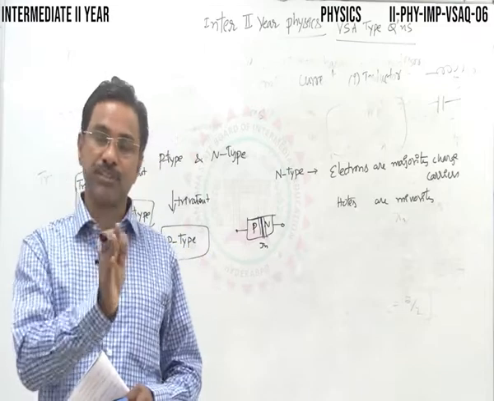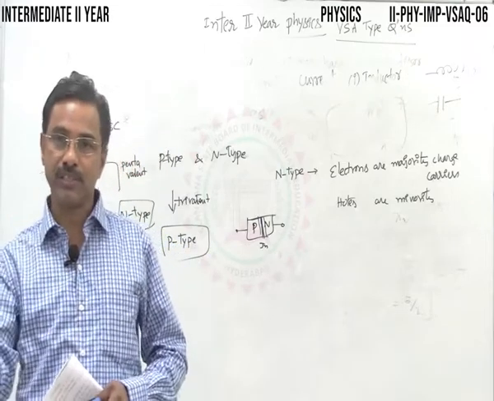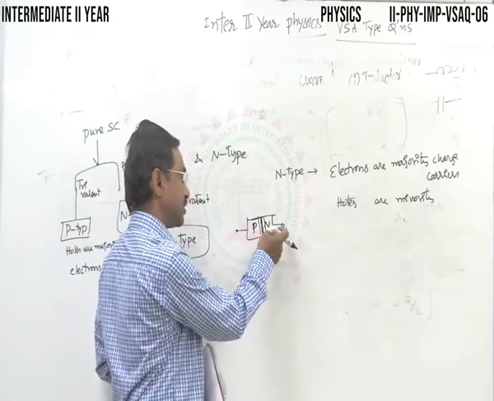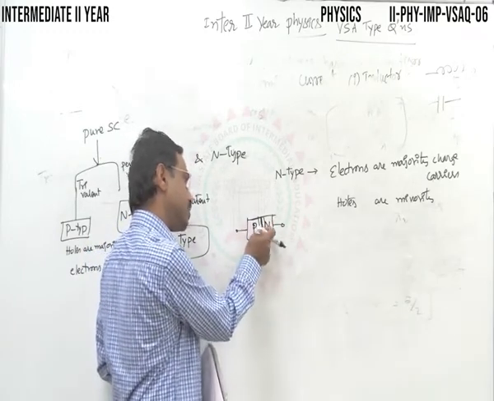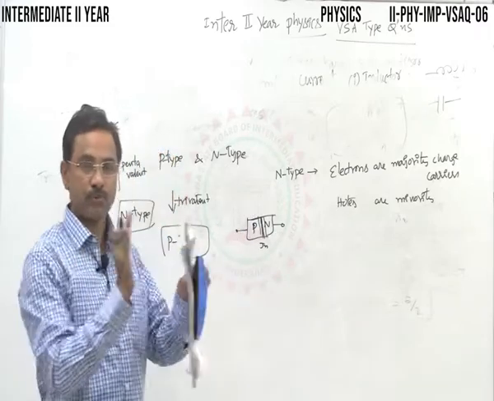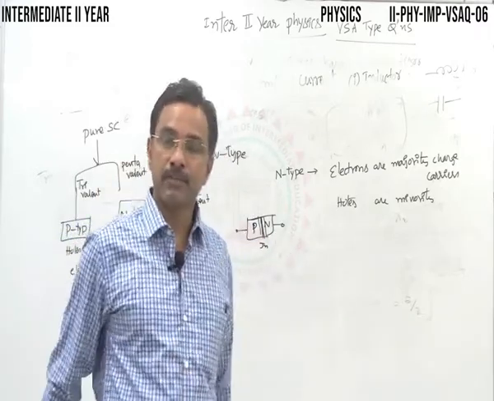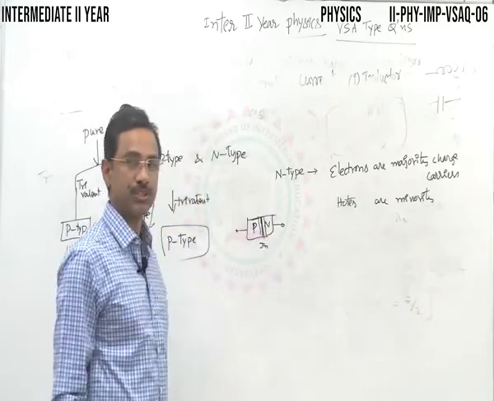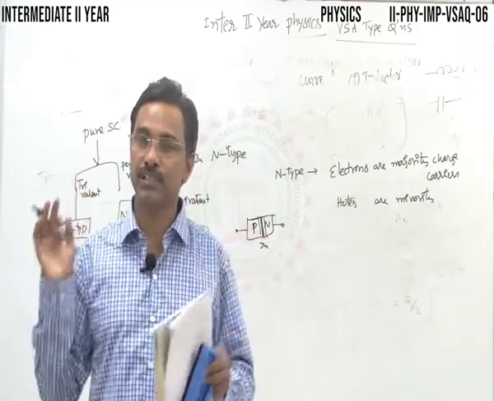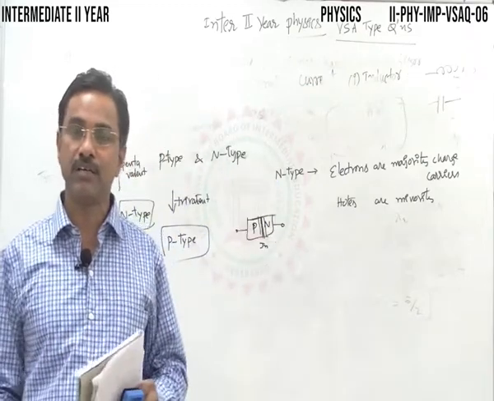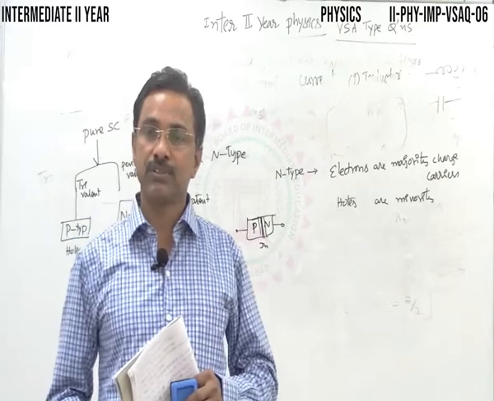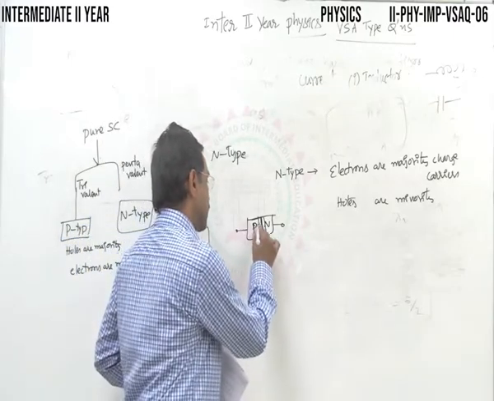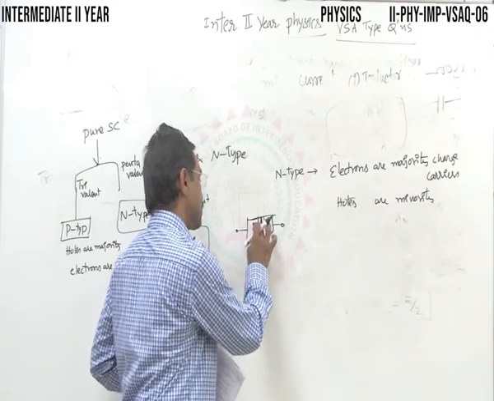As soon as a p-n junction diode is formed, the majority charge carriers, that is holes in the p region, will diffuse into the n region. Similarly, electrons from the n region diffuse to the p region. During the process, they recombine. At the junction, we come across a small region in which the majority mobile charge carriers are missing. They get neutralized.